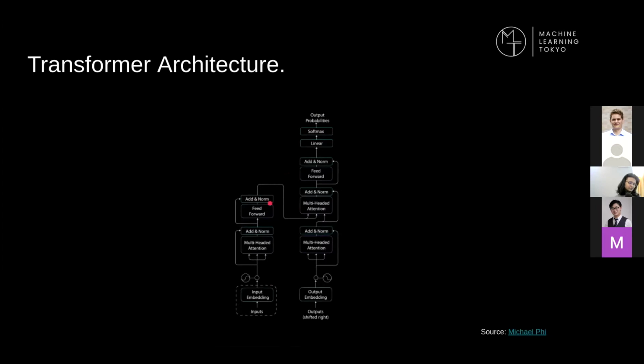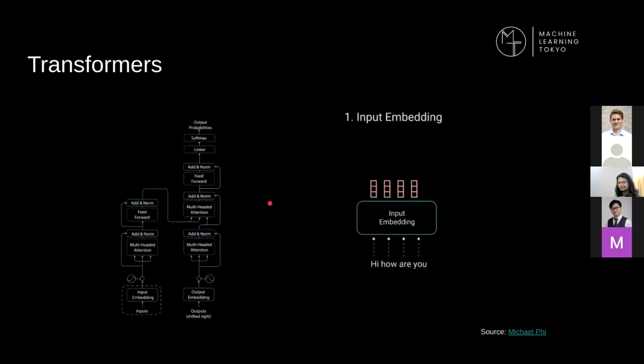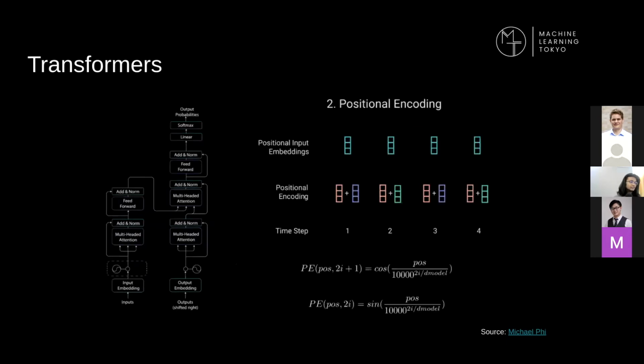So if we look deeper into the left side, first, how are we going to input that? As we looked at in the last session, we take any sentence, and then we calculate, or I should say we looked at, its embedding. We call that input embeddings in this case. Once we have those input embeddings from those tokens, we can put them into a layer called positional encoding. Let's not call it a layer, I guess. We have to add positional encoding to our input embedding. And the reason for that is